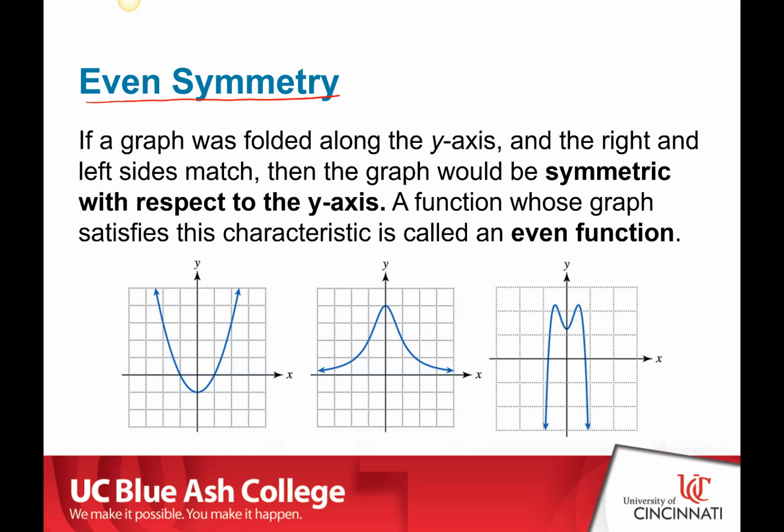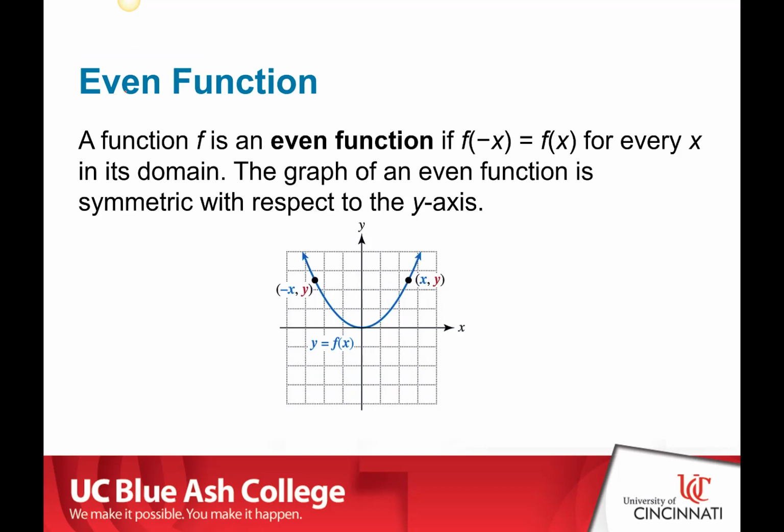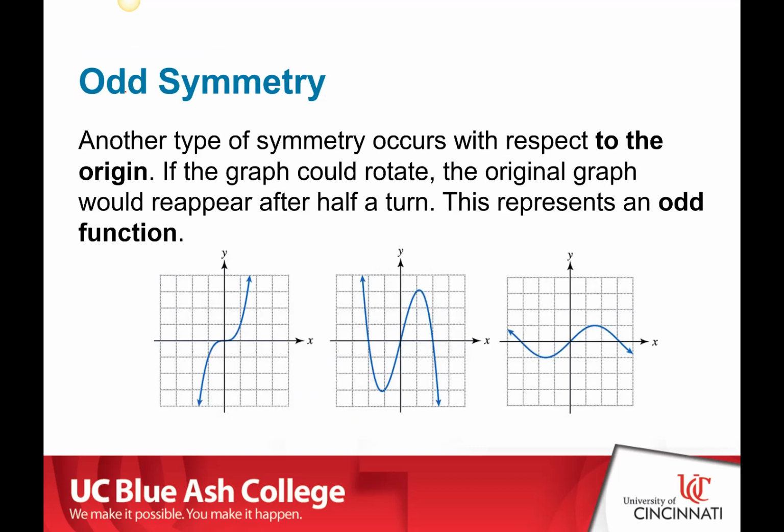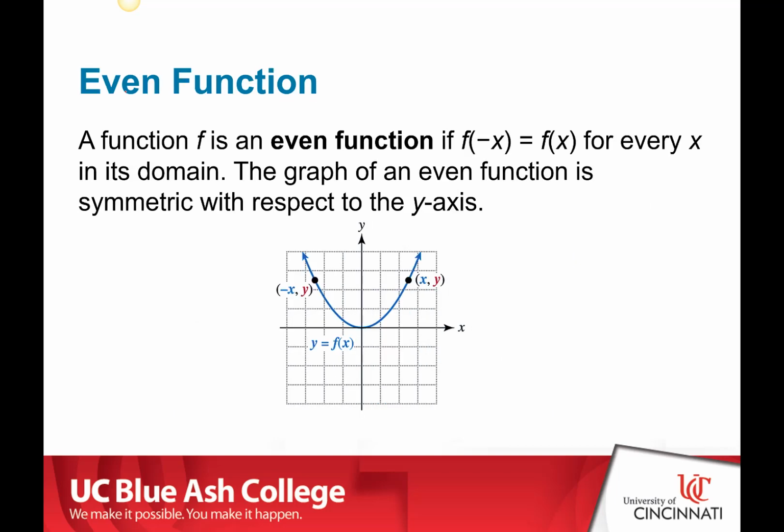On this one, this is a fourth degree polynomial. The two sides could fold and it would match as well. If you can fold the graph in half on the y-axis, now this is important, it's got to be on the y-axis, then you have what is called an even function and it has even symmetry. There's a reason for it being called even. We'll get to that here in a few minutes. Okay. So you can see with each of these that you can fold them up. Now,